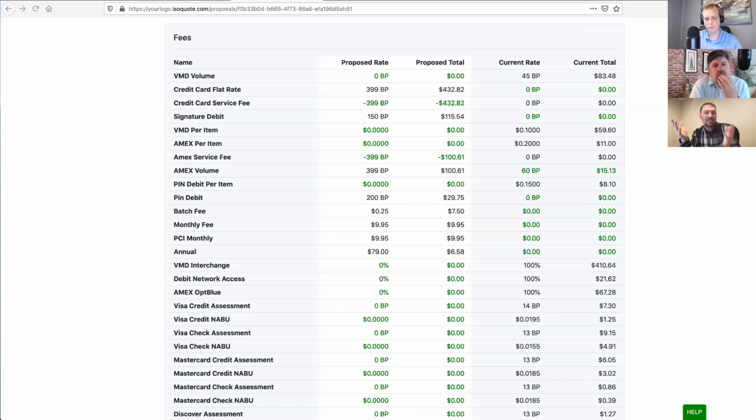What happened is, if you go down to the fee section, it just changed all of our fees. So everything they have stayed the same, but now we have a surcharge program where we've got a 3.99% service fee on credit. We have 1.5% on debit. We have 2% on PIN debit. This is a compliant surcharge program. So just that easily, we can flip back and forth between these different options: cash discount, flat rate, surcharge, interchange plus. And now we're able to offer some serious savings.